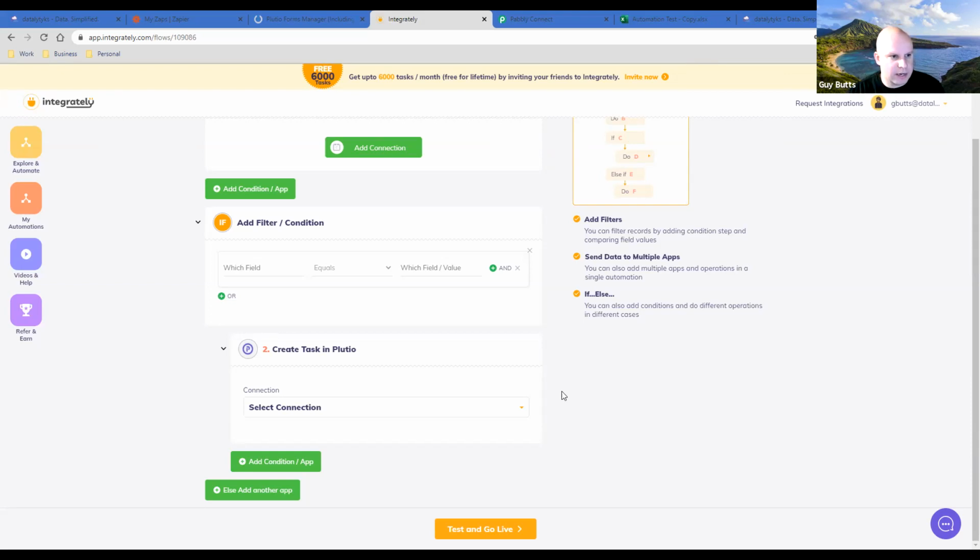Is it as easy as Integromat or as robust? No, it's not as robust, and it's not as complicated. And that's why I compare it to Zapier. I don't want to say more mainstream, but it's a tool that is catered to people who are not data or truly tech savvy, or that don't have the time to sit and mess with the module setups and mapping and getting all your flows right. If you just need 1, 2, 3 and you're done, then Zapier and Integrately are very catered to those types of builds. Whereas Integromat and even Power